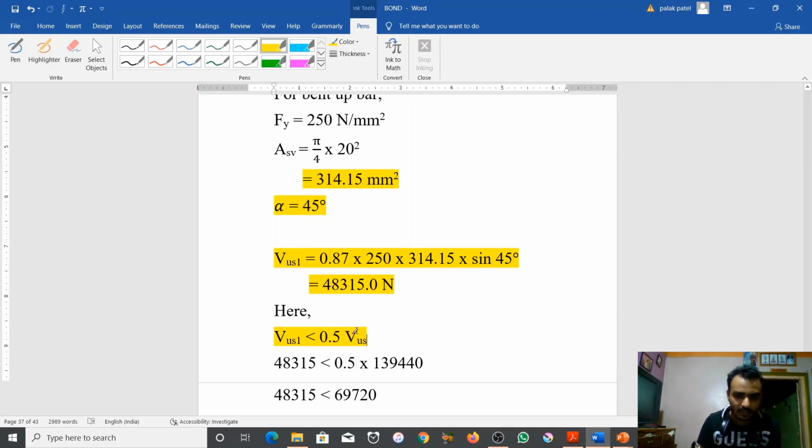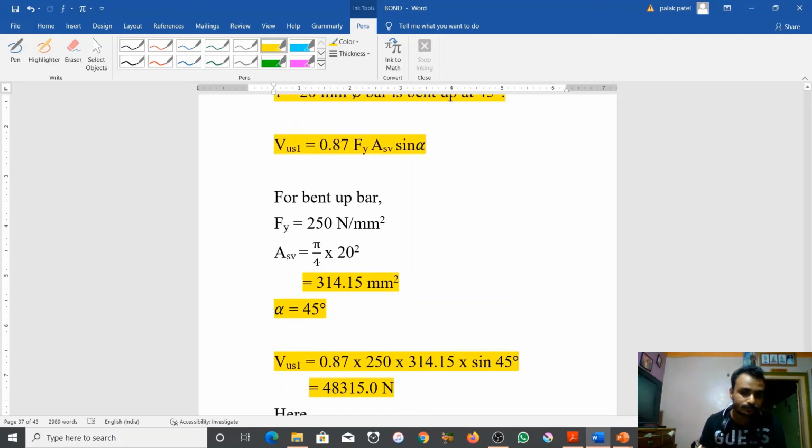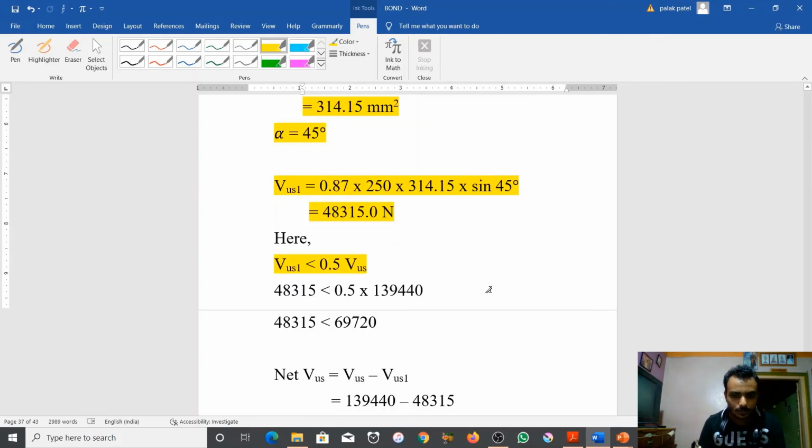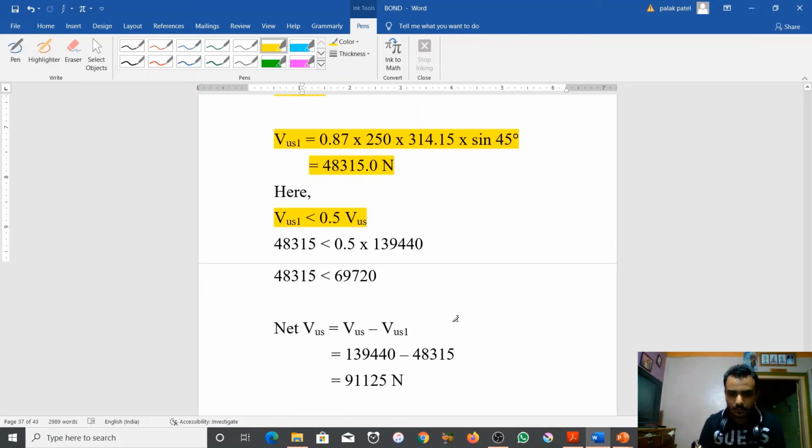This condition is fulfilled here. 48,315 is lesser than 0.5 into Vus, which is here 139,440. So by this condition, your shear force can be resisted by a bent up,